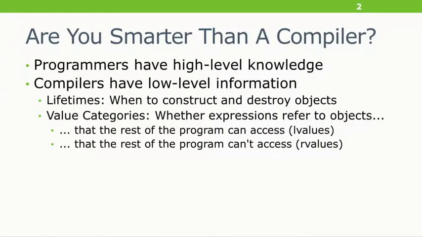As we've seen in the previous talks, especially Bjarne's, this is extraordinarily powerful. There's also this notion that until recently I was calling lvalueness and rvalueness. Then I looked in the standard. There's actually a name for this. It's called value categories. I learned something new while writing this. This is a sort of nebulous thing in C++98 that is much more concrete and crystallized in C++11. And this is whether expressions refer to objects that the rest of the program can see or won't see, and so nobody will mind if we go steal its brains and take everything that's not nailed down. This turns out to be extraordinarily useful information, and C++11 gives us the tool to work with this.